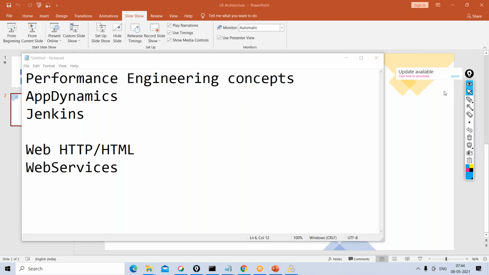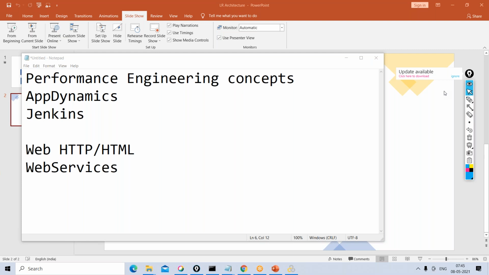And you guys might have a question, like there are some other tools in the market along with LoadRunner, such as JMeter, NeoLoad, and so on. But LoadRunner has a major share in the market, and most of the MNCs, especially the top banking and financial companies, will prefer LoadRunner over JMeter in terms of security, because JMeter is open source, right?